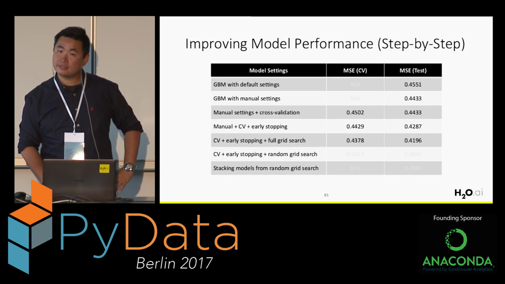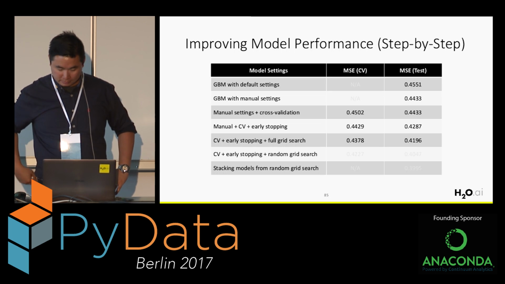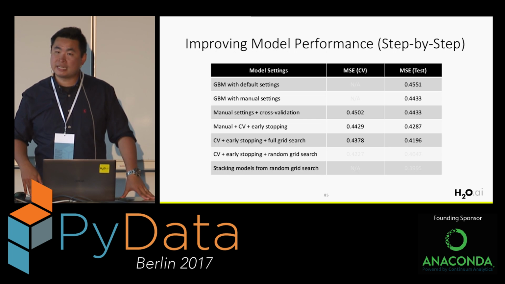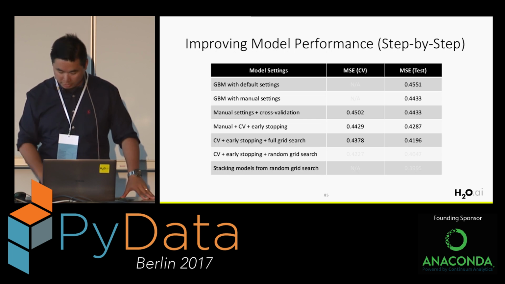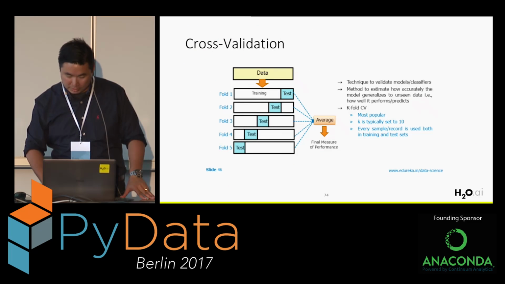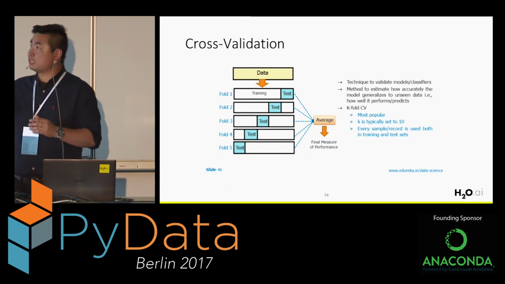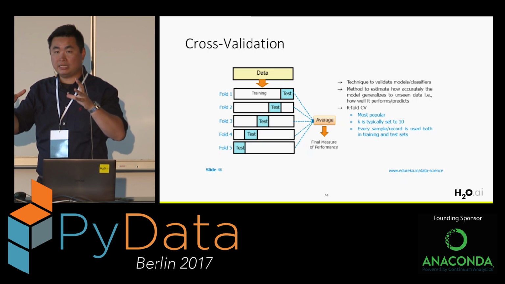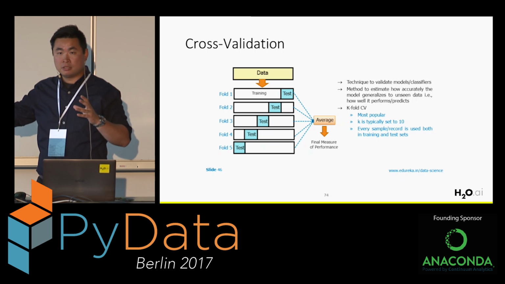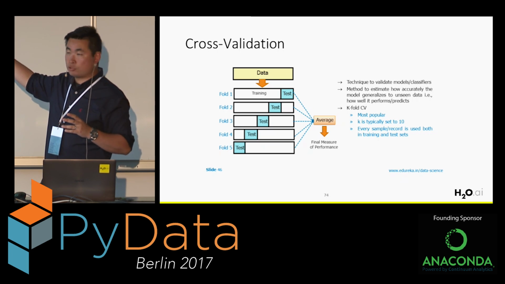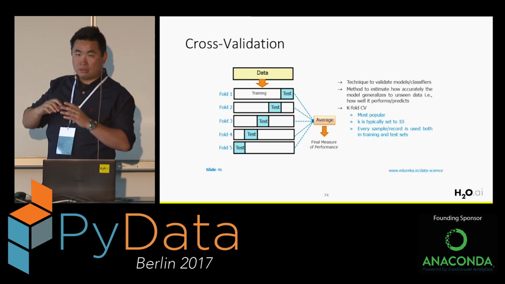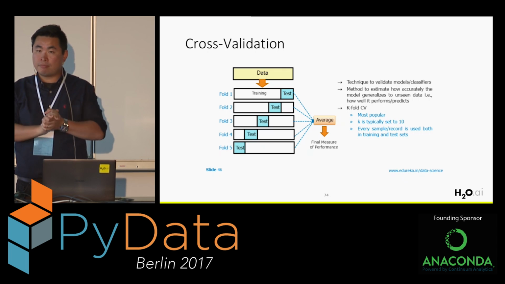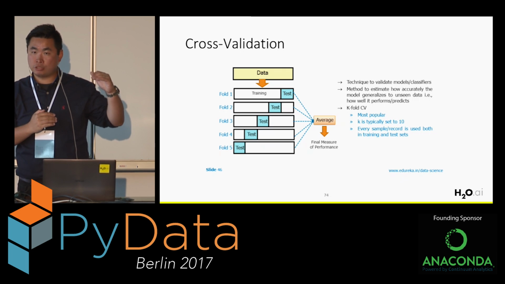Yes, on that one. I was surprised that the mean squared error on the folds was higher than the mean squared error on the test set consistently. Okay, because they're not exactly the same thing. The cross validation data set is based on random resampling inside the training data set. So we're not looking at exactly the same data when we do the cross validation and the test. So you could get luckier on the test data set, which is the set that we took out earlier, and you may get a worse performance on the cross validation. But the point is to compare step by step when you add different features in H2O to make it better.